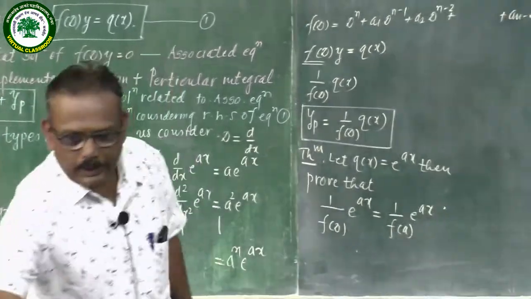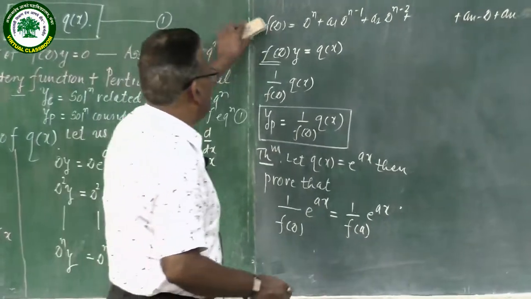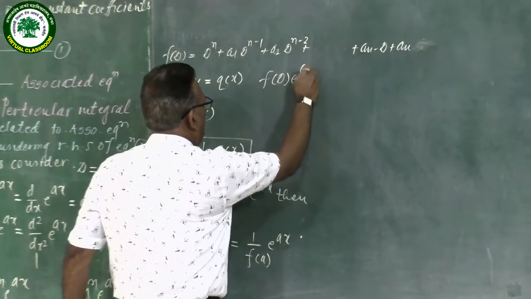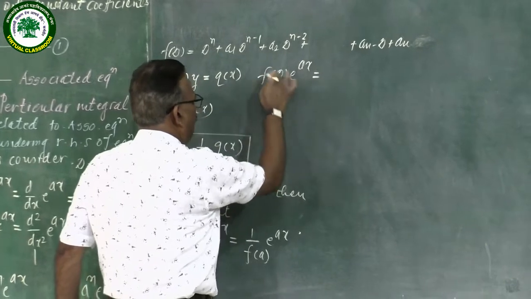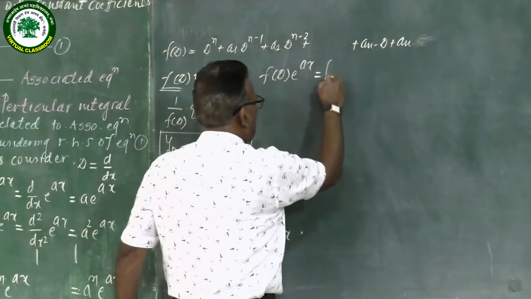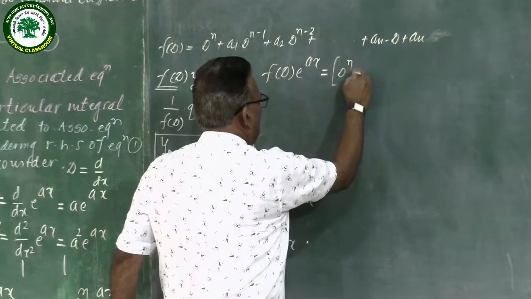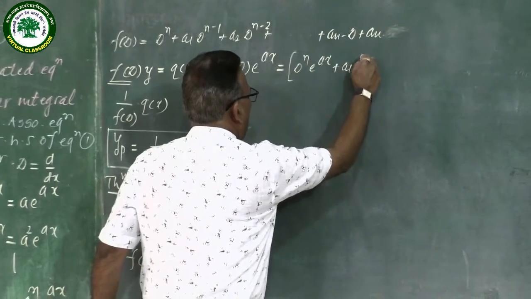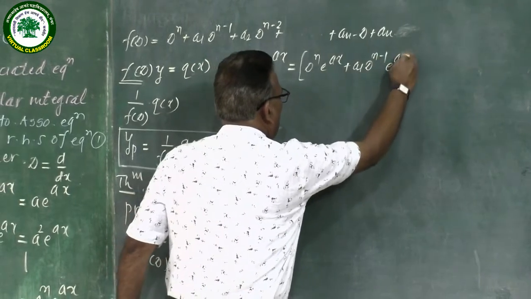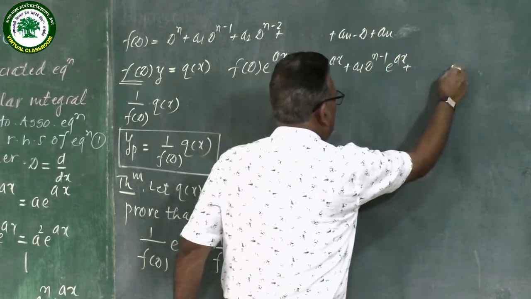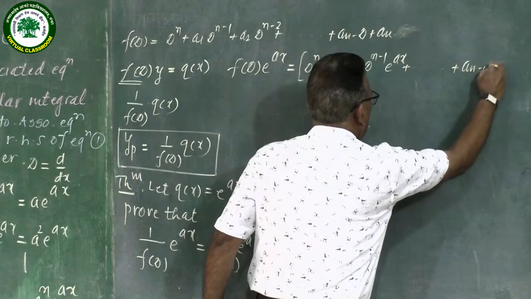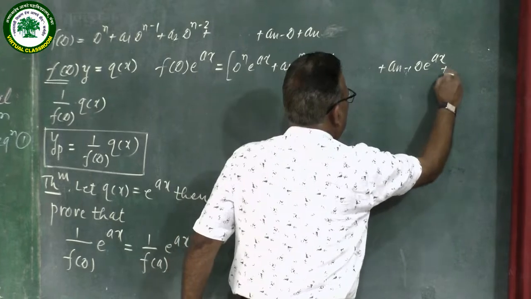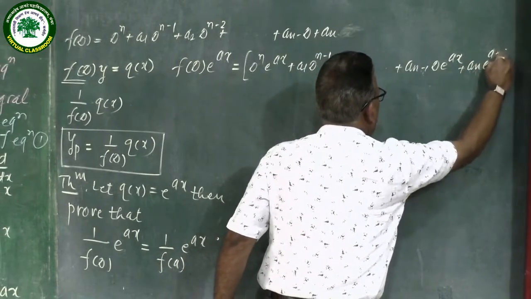Suppose it is taken to be f of D. Therefore f of D, which is operated on e raised to x, we have to operate f of D on e raised to x, which is equal to D raised to n e raised to x plus a1 D raised to n minus 1 e raised to x, plus continuing in this way, a n minus 1 into D e raised to x plus an into e raised to x,